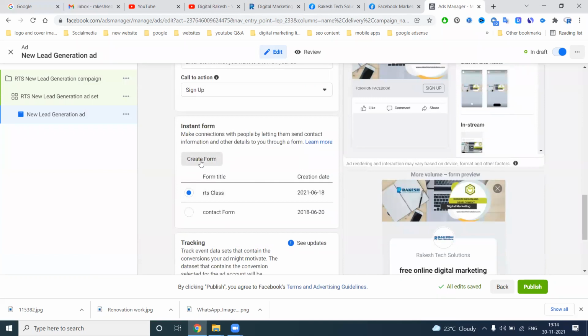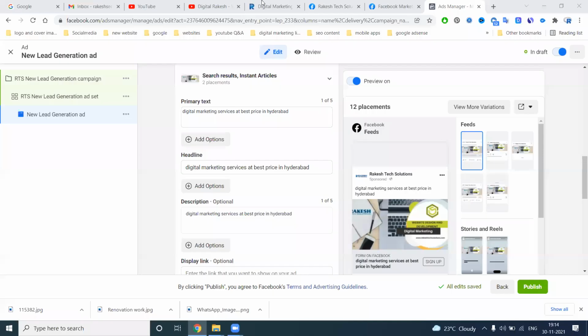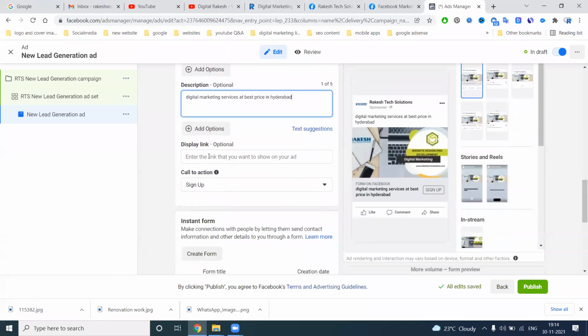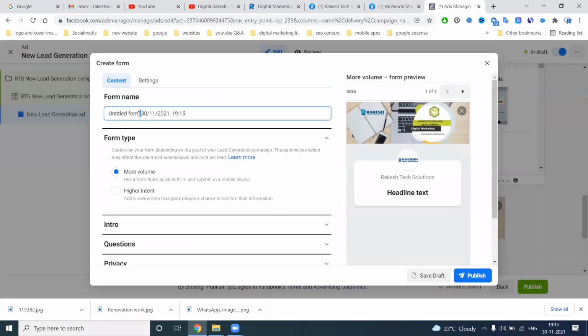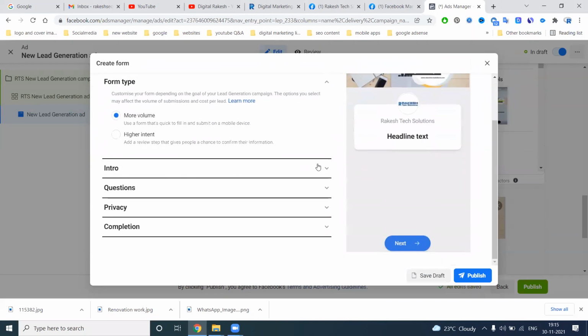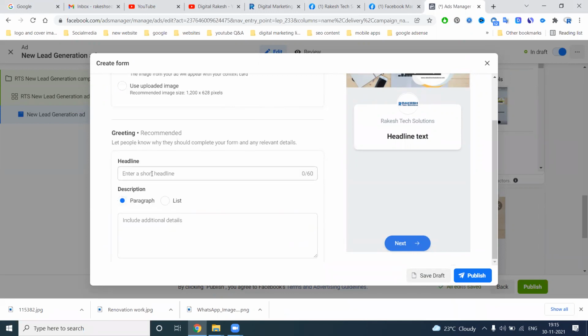Here, the option name is called create form. First of all, fill up the details. Create form. Intro. Use the name of your ad. Intro will be here. Headline.